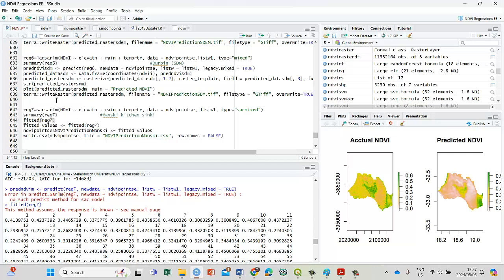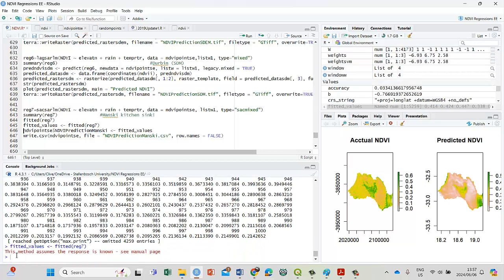So what I'm going to do now is export the fitted values. Don't worry about this, it's not an error. It just gives you a warning, but it's not an error itself, so it's not an issue. I'm generating the fitted values, storing the fitted values from my model, and then I basically